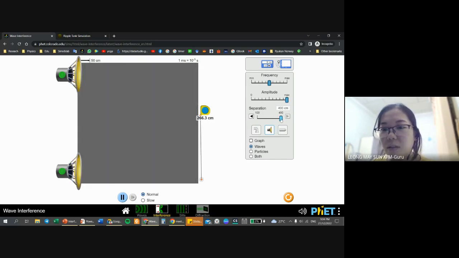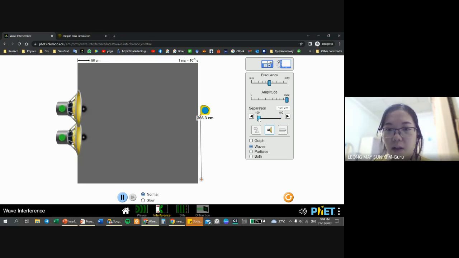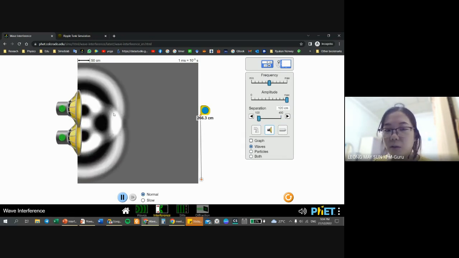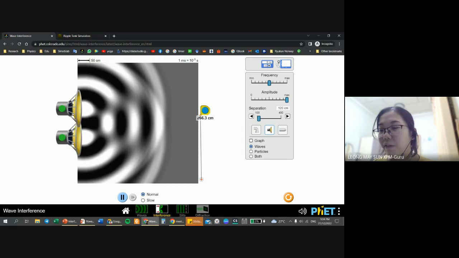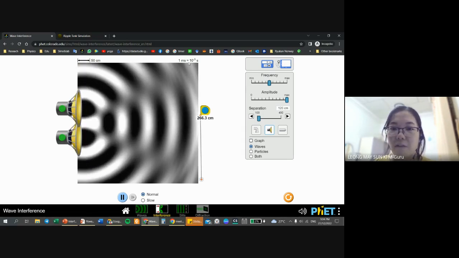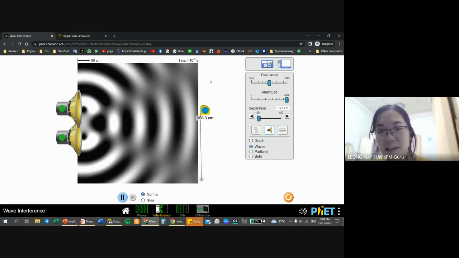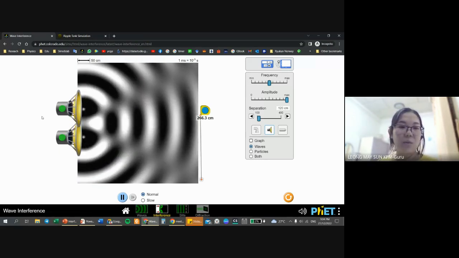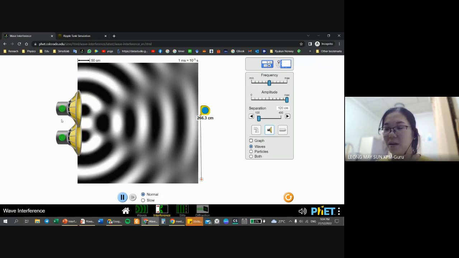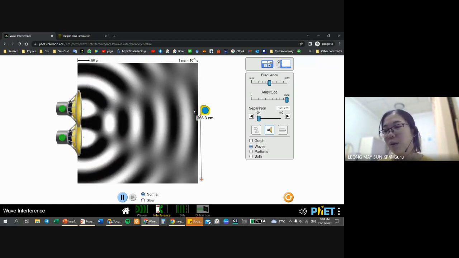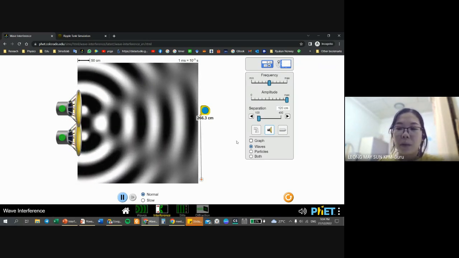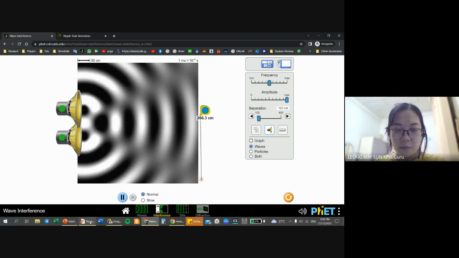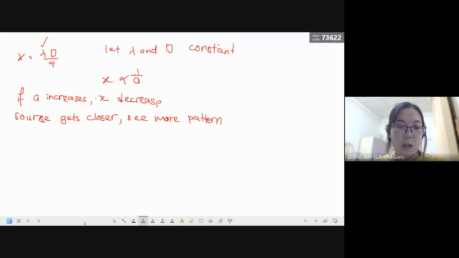If you bring two speakers closer to each other like this, the constructive interference pattern is actually very far away, whereby there's a very huge area where people can't hear clearly. Depending on how you want to locate it, unless you just want to consider it as a single source, which means there is no interference pattern. Regarding the speakers, we're going to talk about them again in a short while.